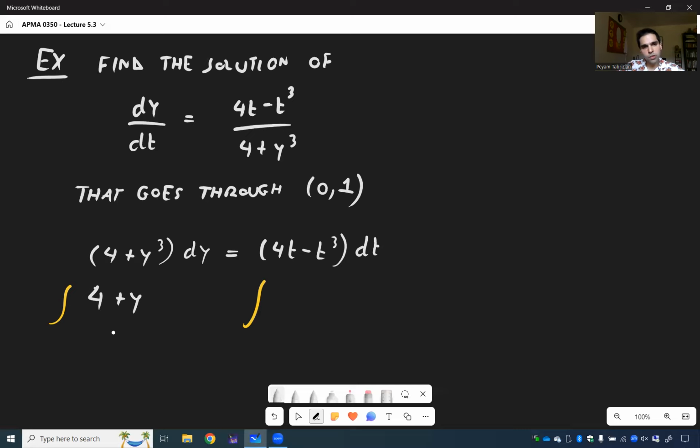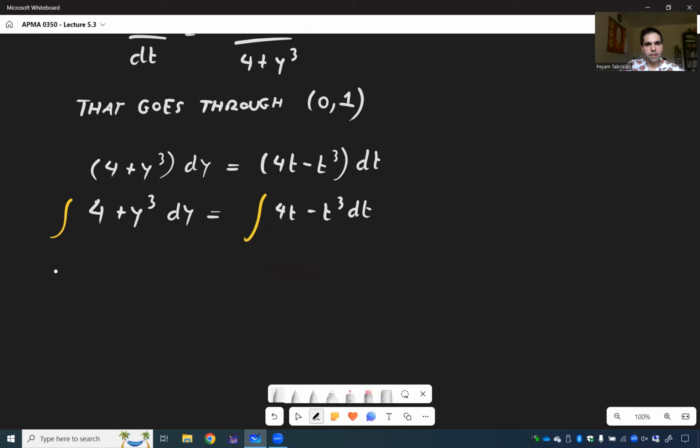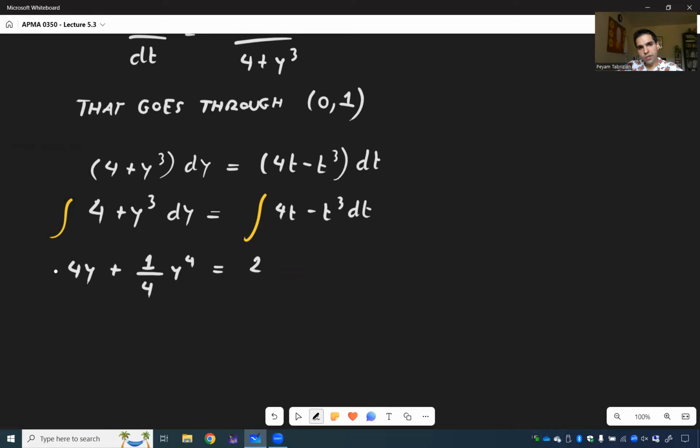The integral of (4 plus y cubed) dy equals the integral of (4t minus t cubed) dt, which then becomes, let's see, 4y plus 1/4 y to the 4th equals 2t squared minus 1/4 t to the 4th